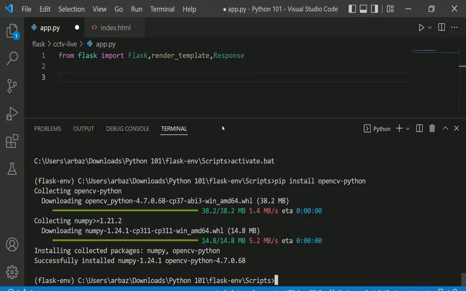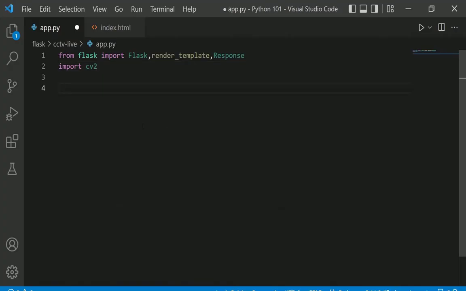So now it has successfully installed this package onto our system. We will just try to import it in our code. So we will do import cv2. So we just need to write the cv2 keyword to import the Open Computer Vision library. I will just try to close this panel from here, and after that we will do app equals to flask